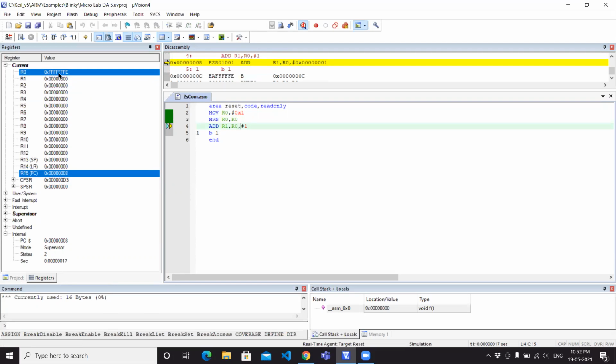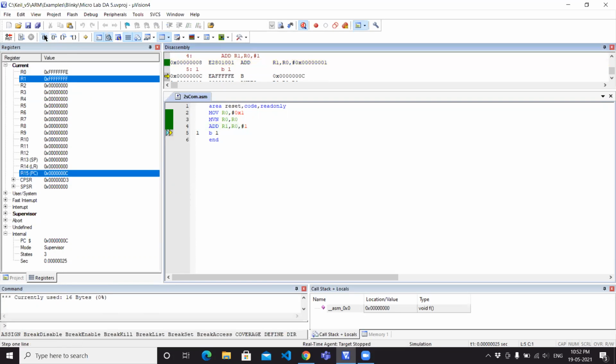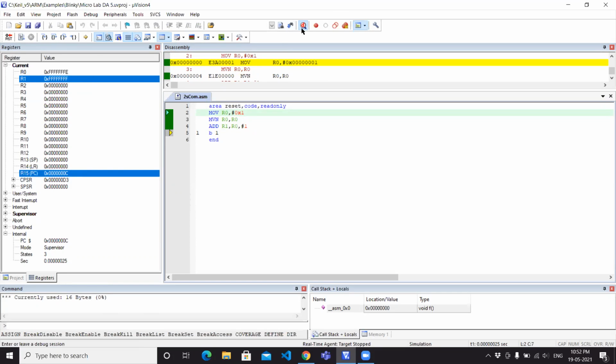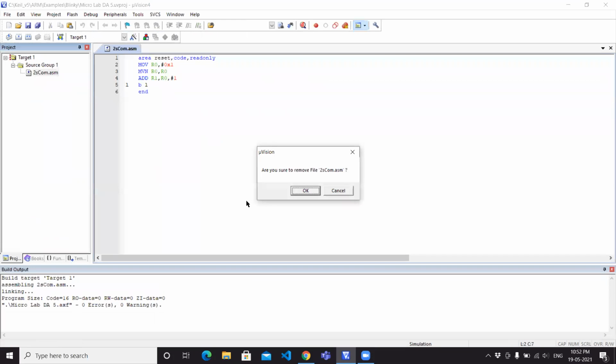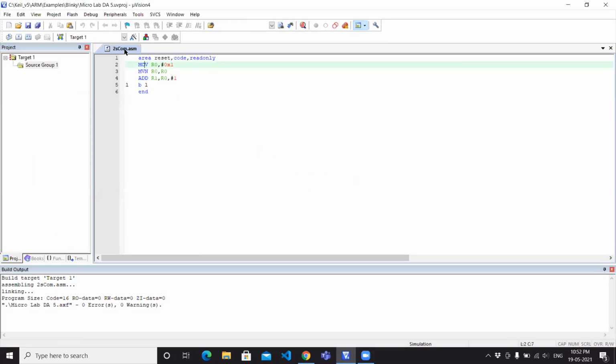After that we are adding 1 to the R0 register value and storing it in the R1 register. So the value of the R1 register is the 2's complement of the R0 register. We got the output, so we can stop debugging, and we have to remove this file to add another file.